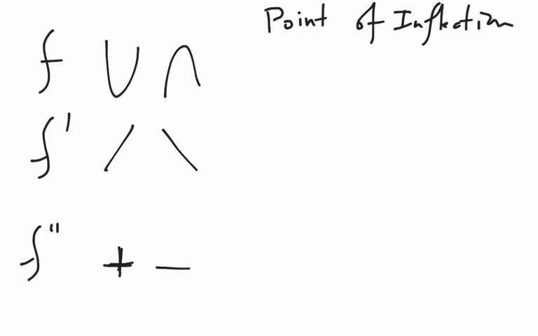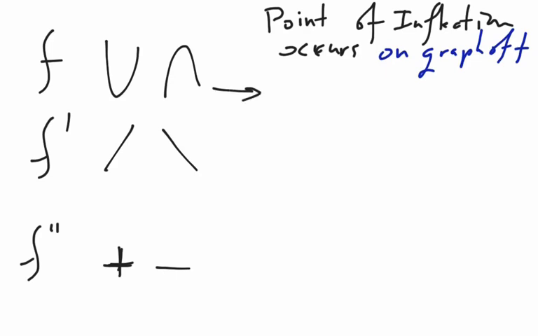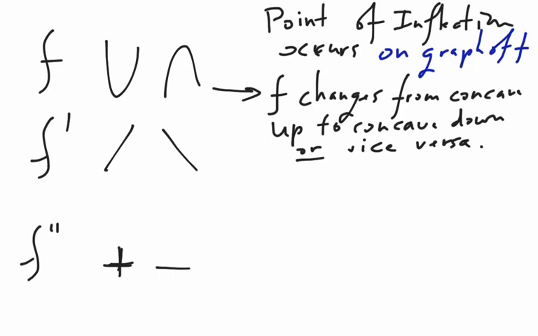So a point of inflection occurs, and again this is on the graph of f, when the graph itself changes from concave down to concave up or vice versa. So f changes from concave up to concave down or vice versa. It is important to have the vice versa because that implies that it could happen either way, which it can. So you need to make sure that you say that to demonstrate that you understand that it could happen either